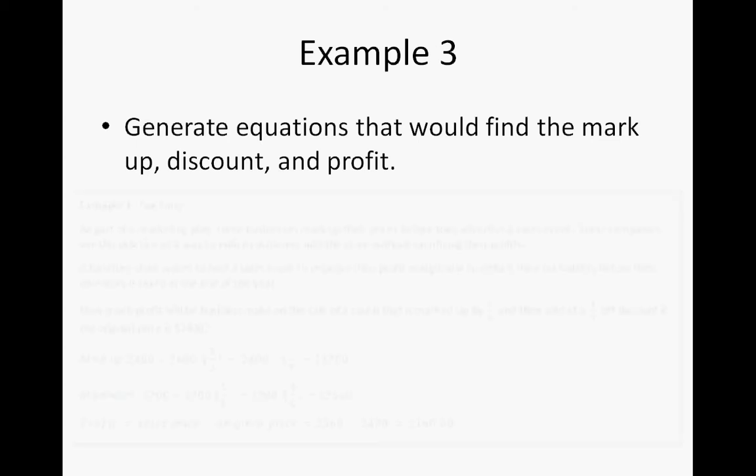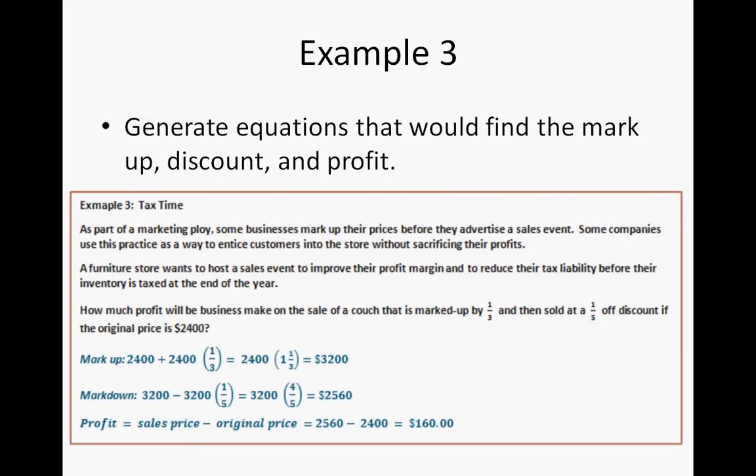All right, so you have done example 3. So here's how you would find the markup. Again, the original price plus 1/3 of the original price. Or you can do, if it's 1 here, we can count that as 1 1/3. So $2,400 times 1 1/3 of the price would give us $3,200. And that would make sense, if the new price is going to be more than the original, then it would make sense to multiply it by an improper fraction called